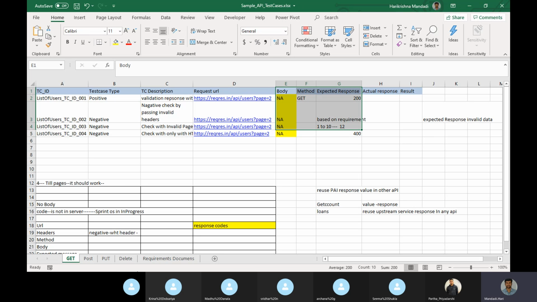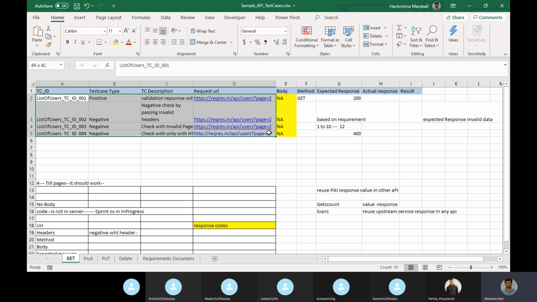Now let's go to Postman. First try to understand. Anyway, we are going to write in Postman only. We are not going to maintain an Excel sheet. If it is manual testing you can have an Excel sheet also.